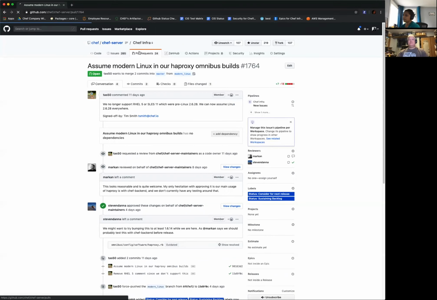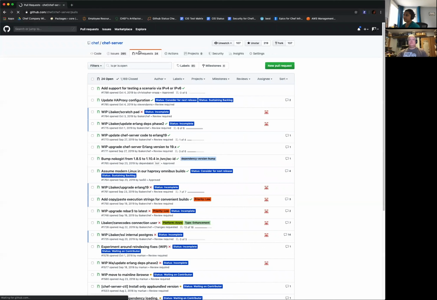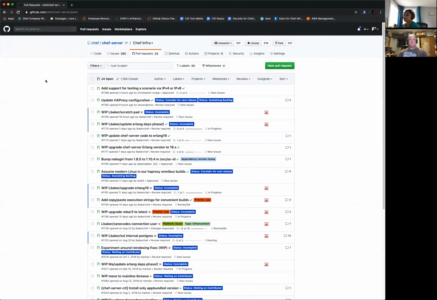There are a lot of internal pull requests going on for the couple of tasks that we are working on, to move to the Erlang 19 upgrade dependencies and trying to merge in the PRs from some of the external contributors, and Elasticsearch work. But I don't want to go through them for the purpose of this triage, like we spoke about.